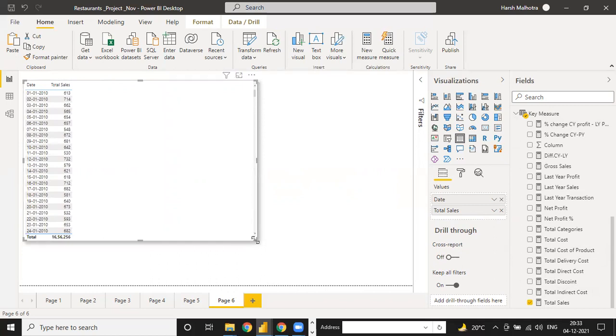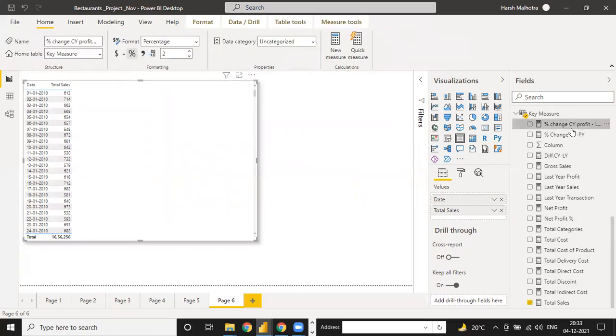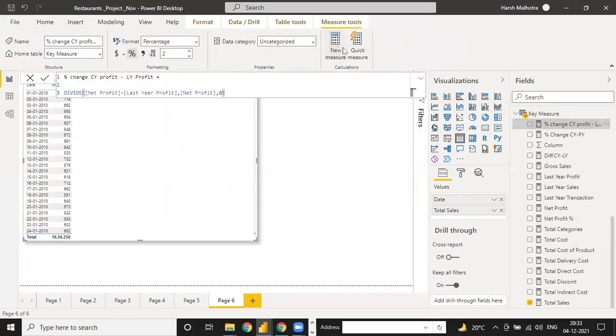And how to use that function in our data? Click on this, adding a new measure.